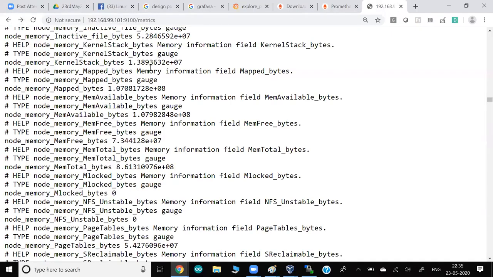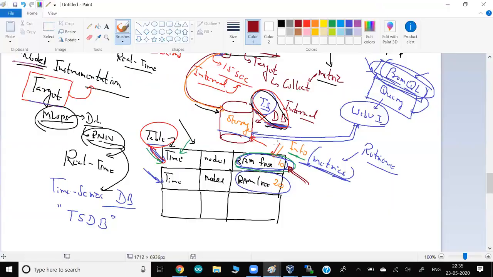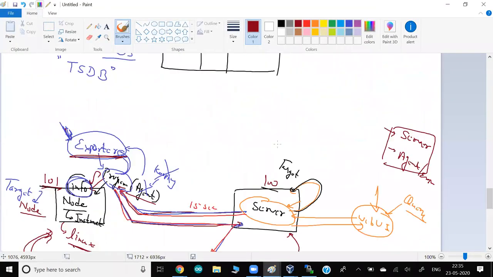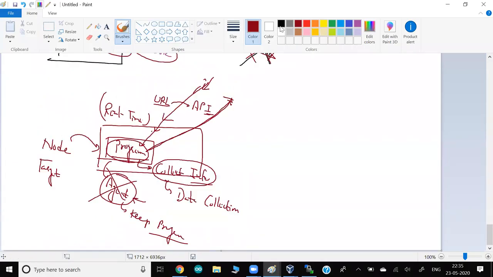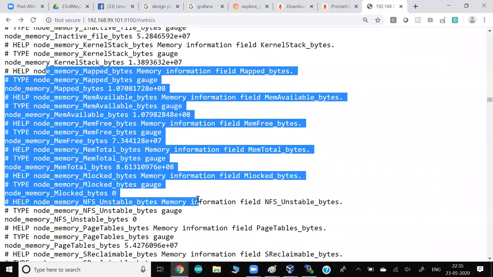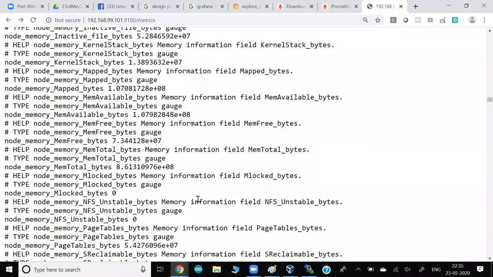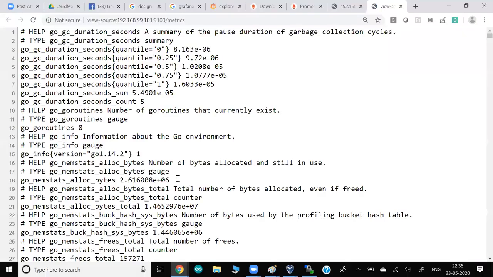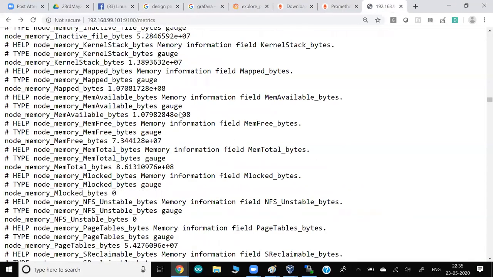So right, you know what, my node is giving you information. This is my node, my target, the one I'm monitoring. What this program is giving you is information this way. Okay, it is something like a website. If you do Control U, you can see a complete website page come up, right? So they're giving you information as a website.